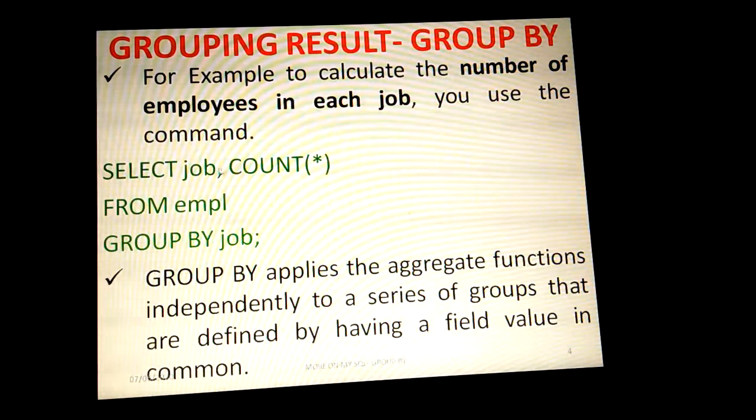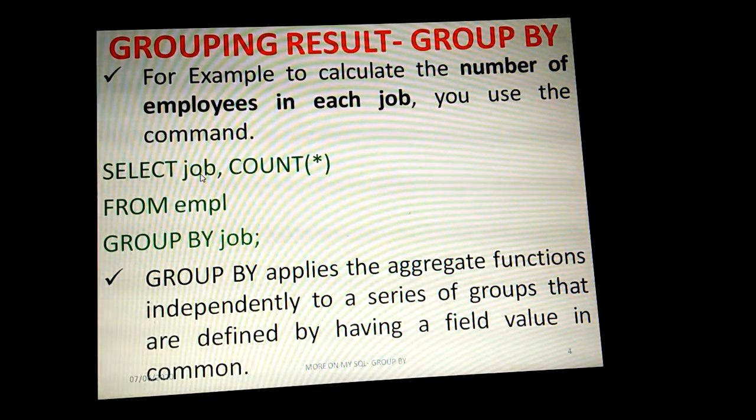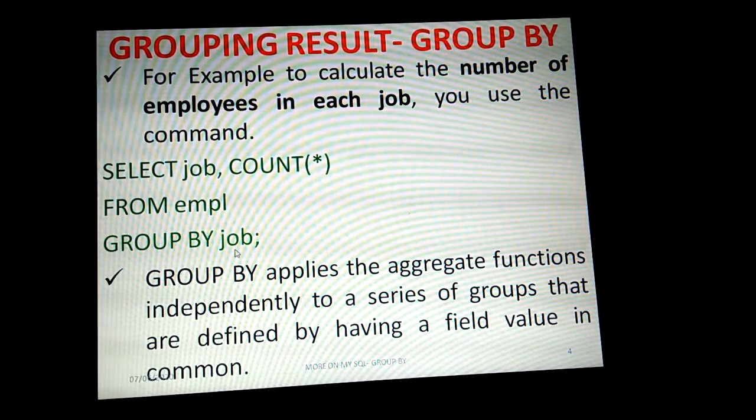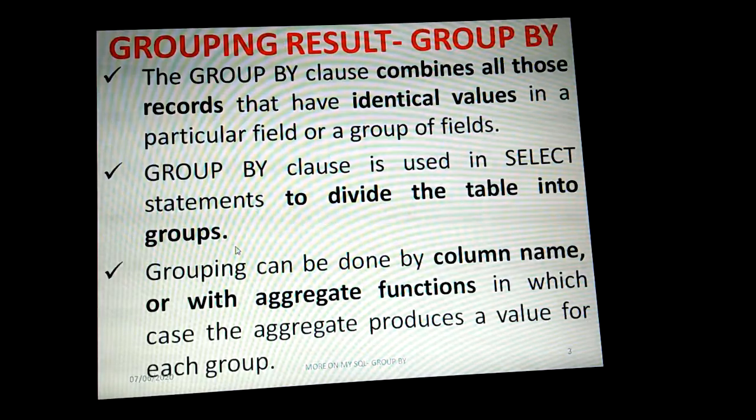In the previous example, whatever field name we mention in the select list, at least that name should come in the group by clause. Because job is the field name which has similar values, some rows will have similar values. Those kinds of fields we need to take to apply in the group by clause. To use in the group by clause we need to choose the field which has identical values. Already we discussed group by will work on identical values only.